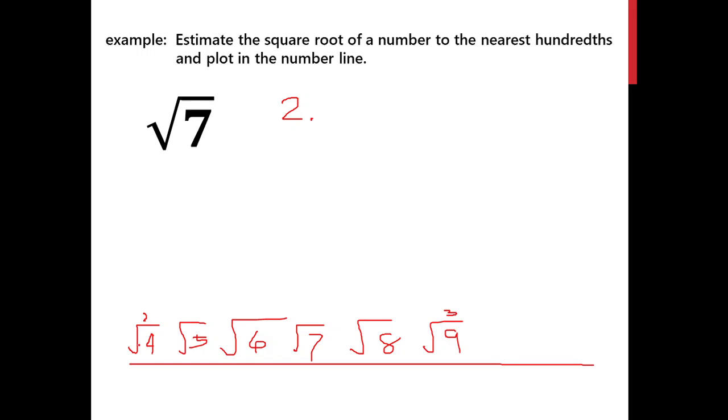This is from the square root of 4, which is 2. Okay, so all we need to do is to find the decimal point here. Again, count the number of units from the first perfect square to the last perfect square. So 1, 2, 3, 4, 5. So that is 5. And then from the first perfect square to the square root of 7, so 1, 2, 3.